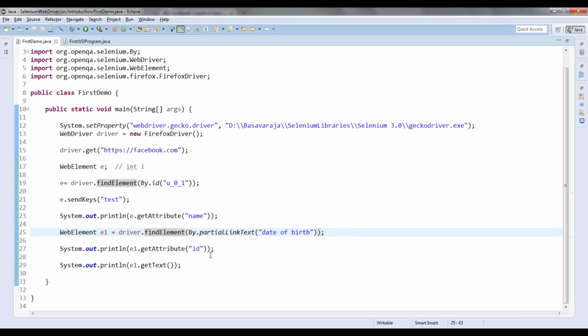Okay, so any doubts now? Now you tell me any doubts here. No. So it is clear, right? Okay. So this is how we will work on the web elements in a page.